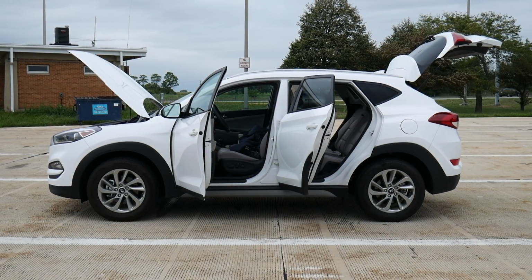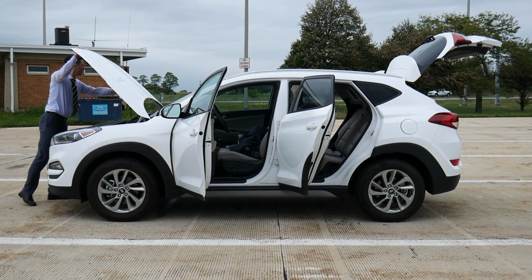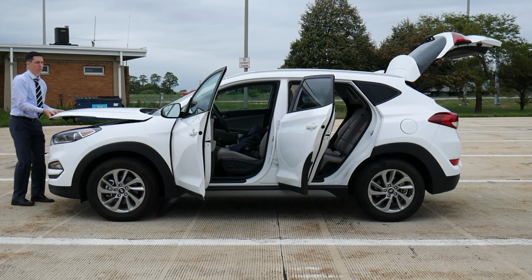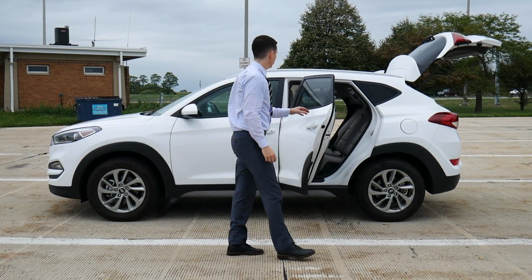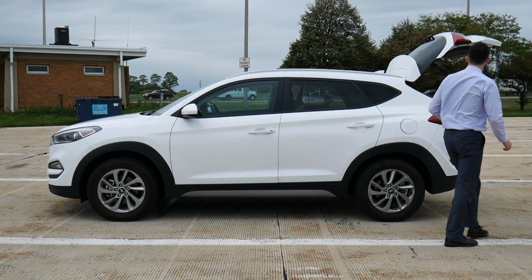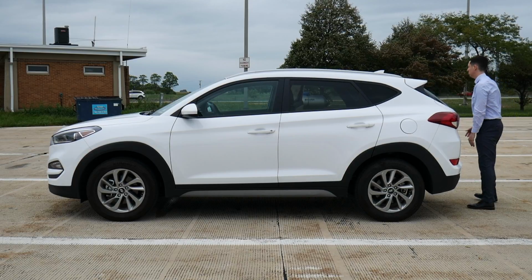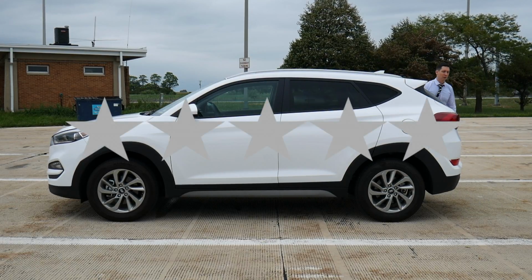All right, so that's pretty much everything end-to-end on the 2018 Hyundai Tucson. I was lucky enough to drive this car for 3 days. I put, I think, 400 miles on it. I tend to drive these vehicles quite a bit. Anyway, in that period of time, I got a good amount of time behind the wheel, and I think I can form a pretty detailed opinion on this vehicle. So I'm going to give it